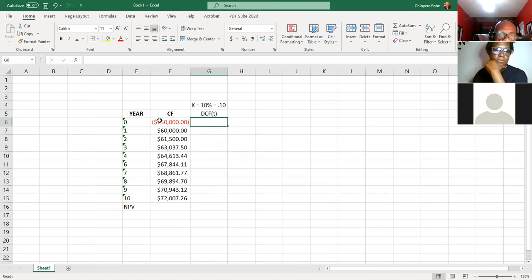So we divide 250,000 by 1 plus k, that is 1 plus 0.10 to the power 0. And here we're going to divide it to the power 1. And so this will be equal,